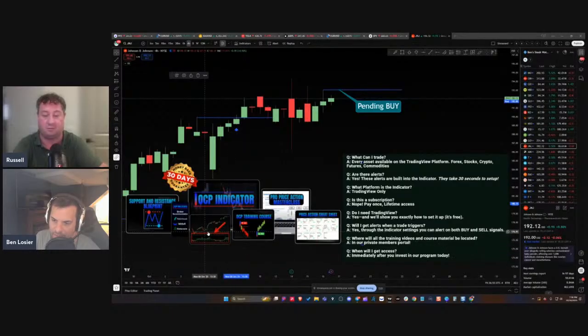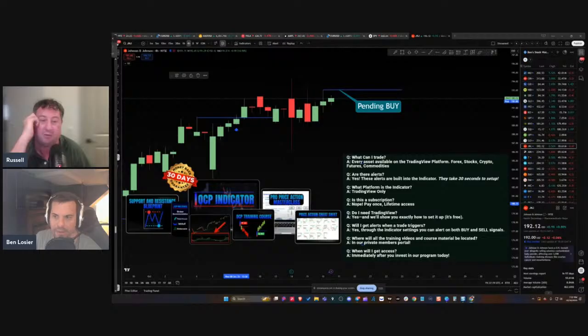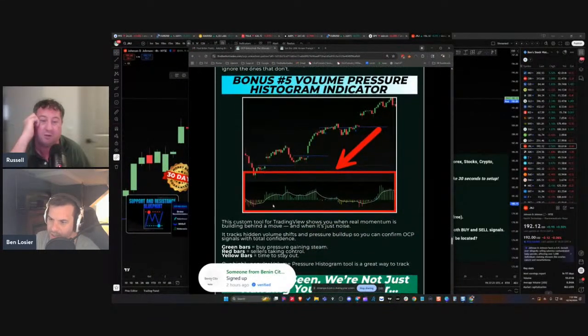I actually do include that. I have so many things that I sometimes forget. But I have a really cool volume indicator, so that's included in there as well. It kind of looks like a MACD almost, and it shows strong direction either way. This is it right here, the volume pressure histogram. When it's green, there's strong upwards volume. Whenever it goes yellow or red, that's medium, and red is selling pressure. But I actually offer this for free as well.